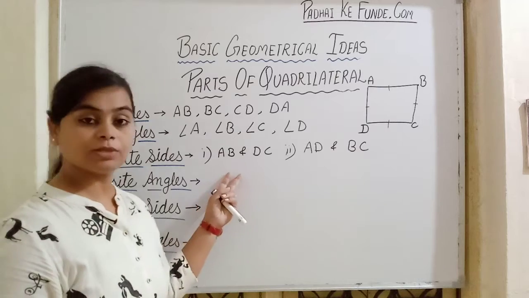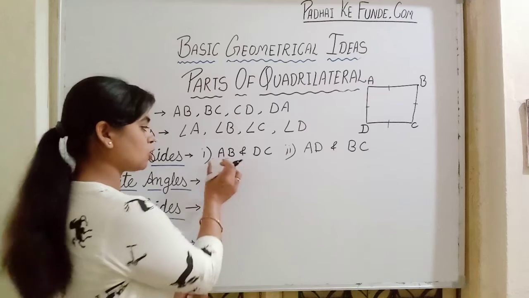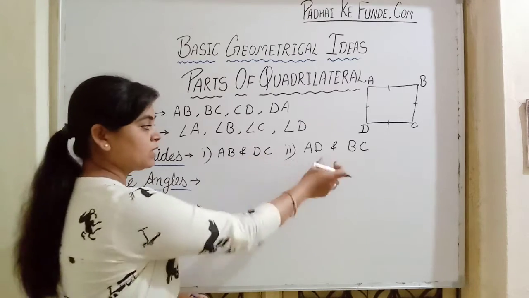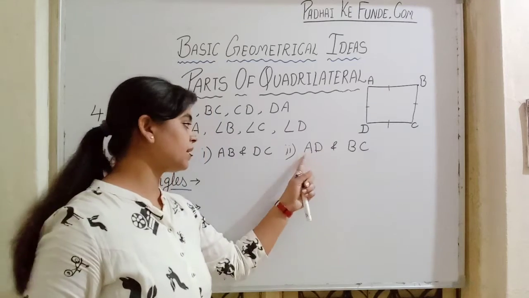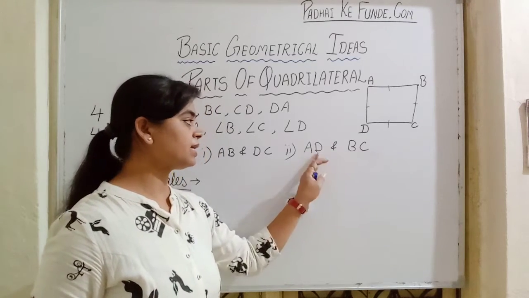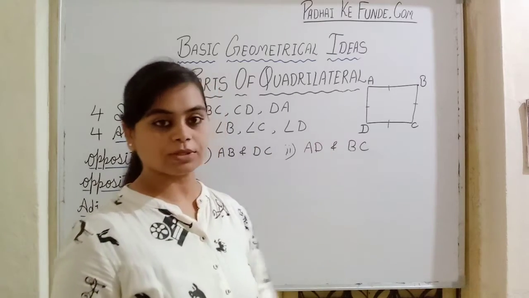You can observe also here that in AB and BC... no letter is common in both the sides' names. Similarly here, AB and DC: no letter in common. It has A, it's not having. It has D, it's not having. So it is indicating these are opposite sides.